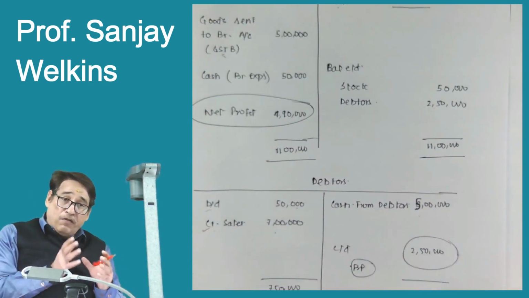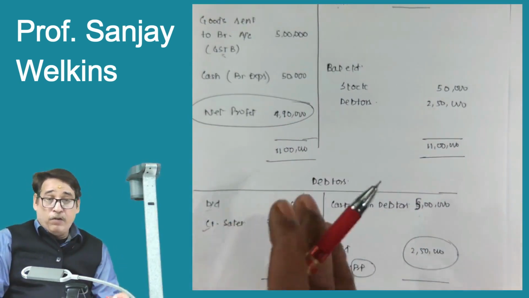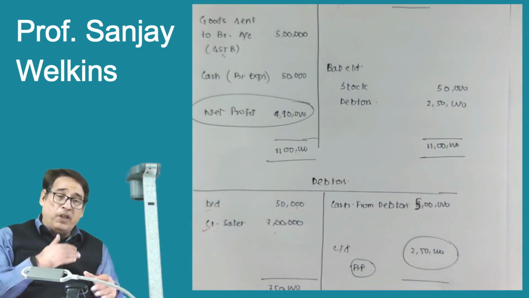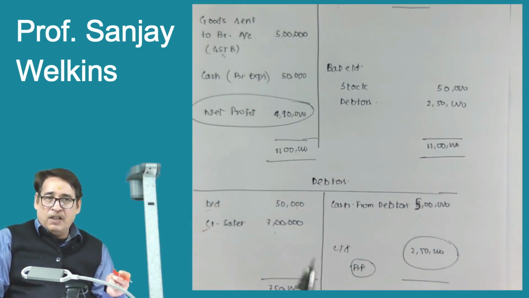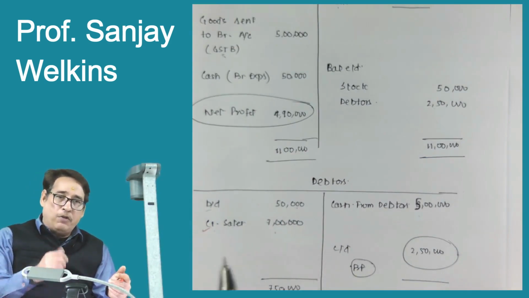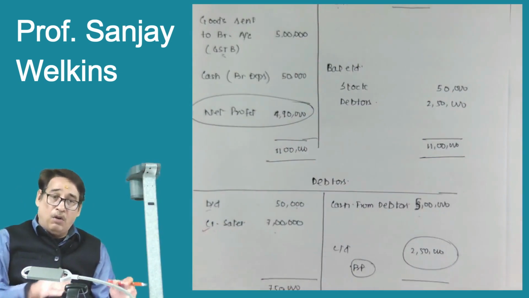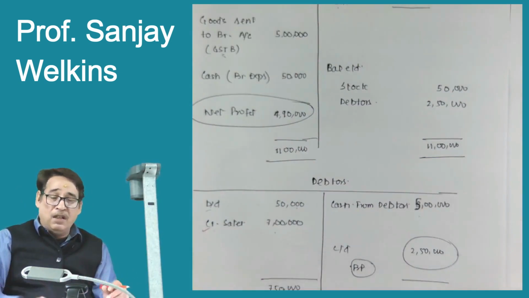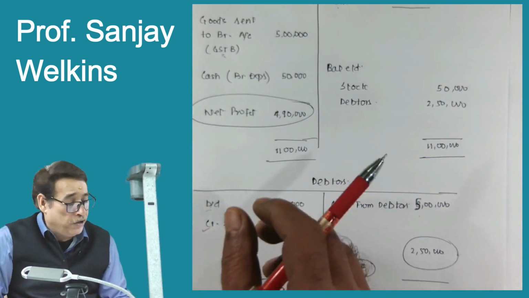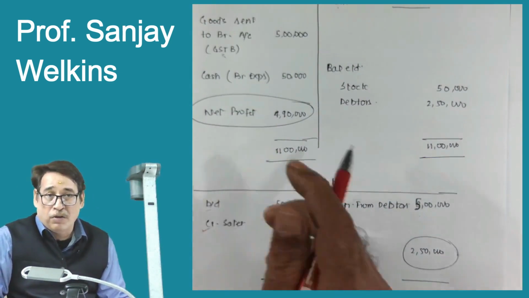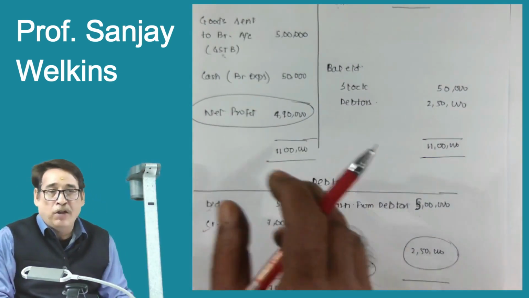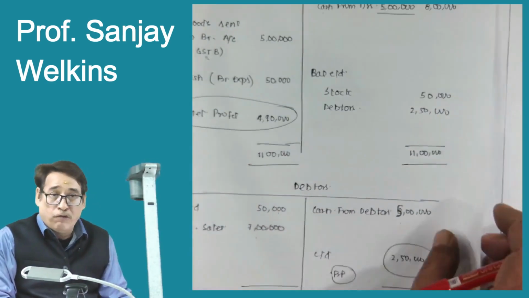So this sort of confusion arises when we prepare branch account, especially if in the question there are transactions like sales return, discount, bad debts. So students get confused where to write. Should they write it in the branch account and also in debtors account, or only in debtors account? So these are the problems which the student fraternity faces when they solve the questions of debtors system. I will try to explain you. But you must also not forget